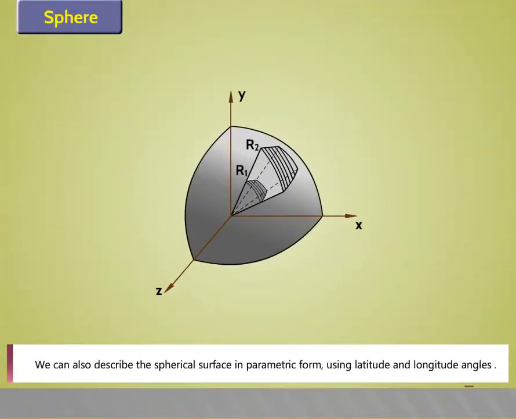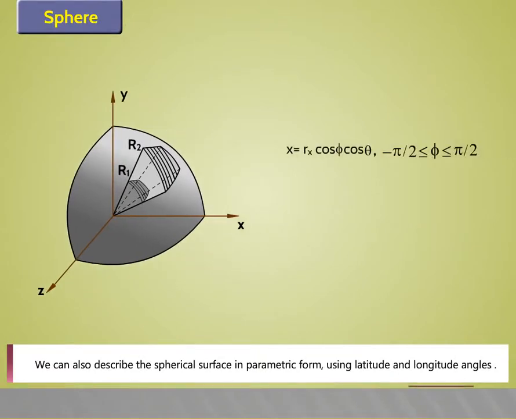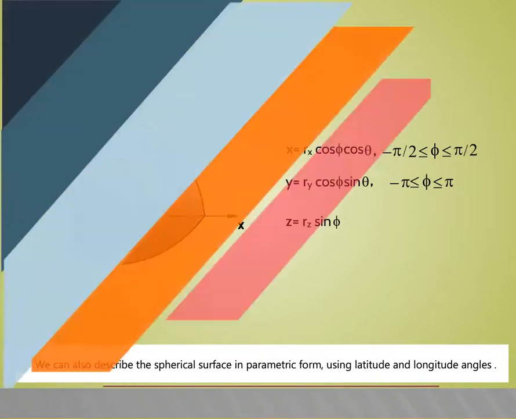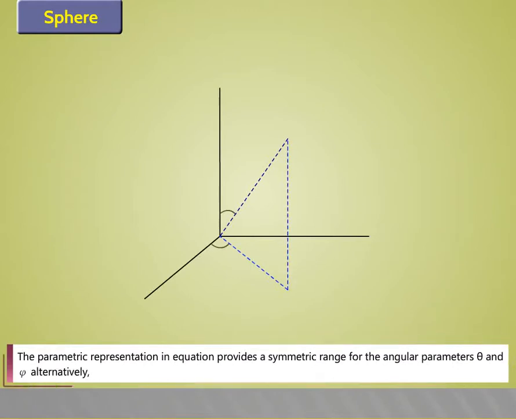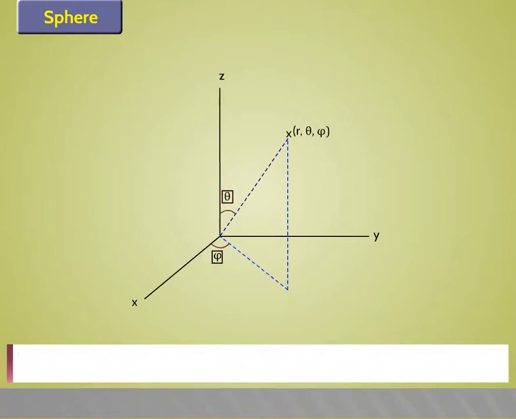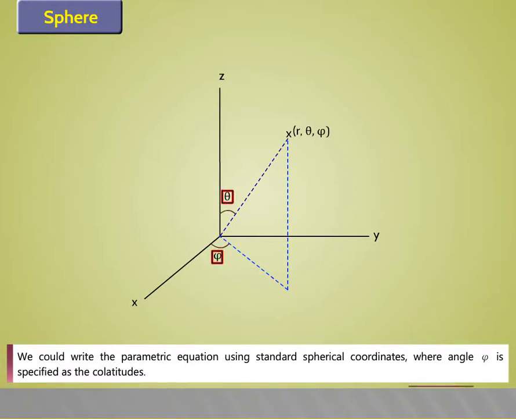We can also describe the spherical surface in parametric form using latitude and longitude angles. The parametric representation in the equation provides a symmetric range for the angular parameters theta and pi alternatively. We could write the parametric equation using standard spherical coordinates, where angle phi is specified as the colatitude,